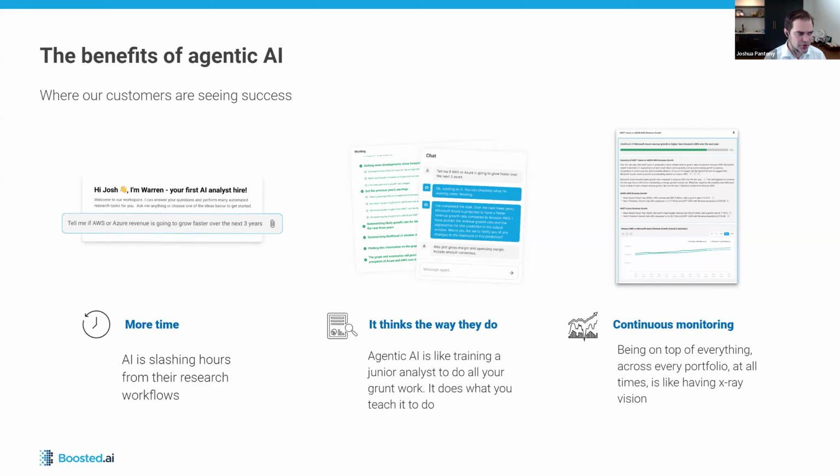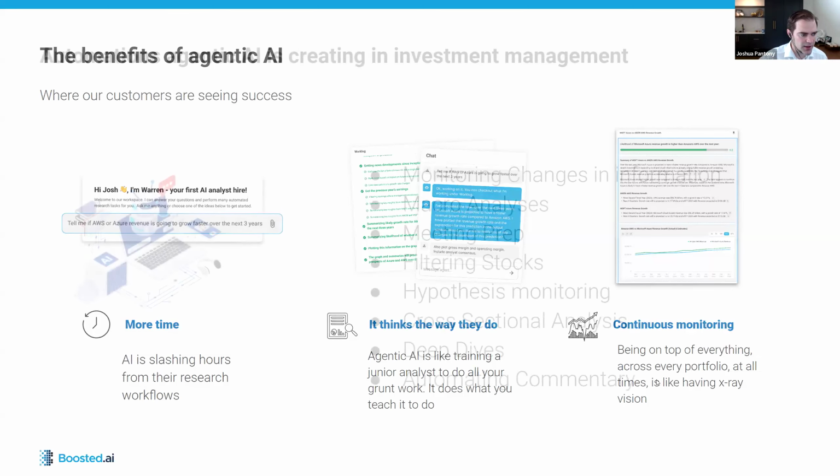So I think about it in terms of finding simple, easy tasks that can be automated, monitoring the world on a continuous basis. And then the third category is actually changing your process to add net new information that would have been very difficult to add without a machine that's able to scan through oceans of data on a continuous basis.